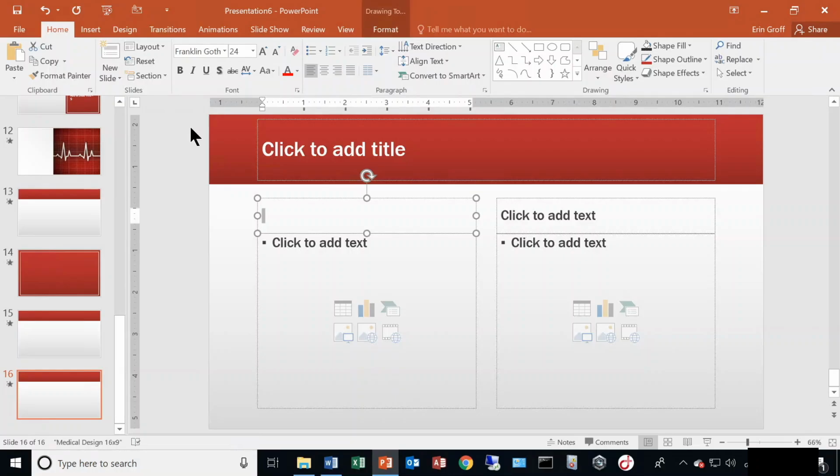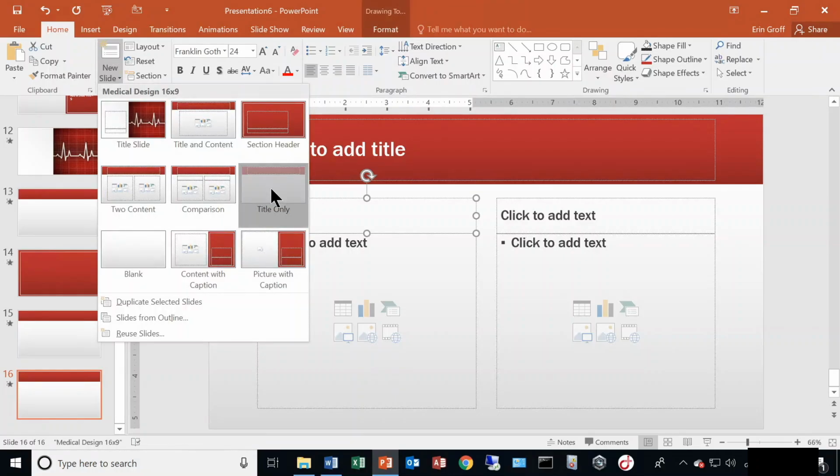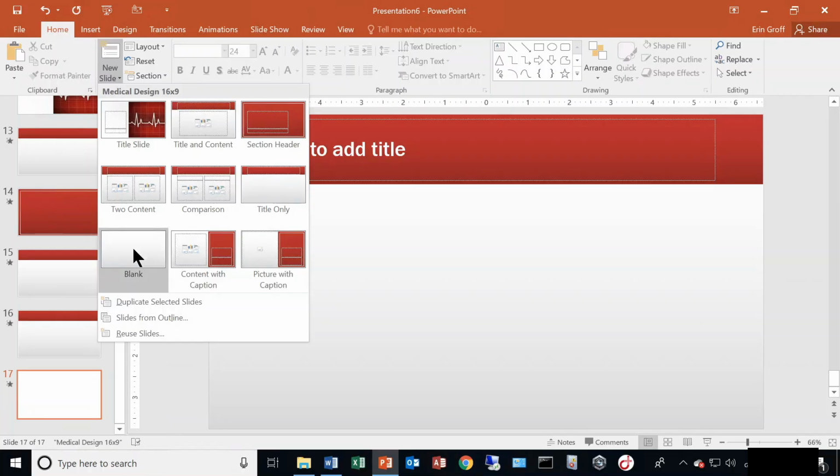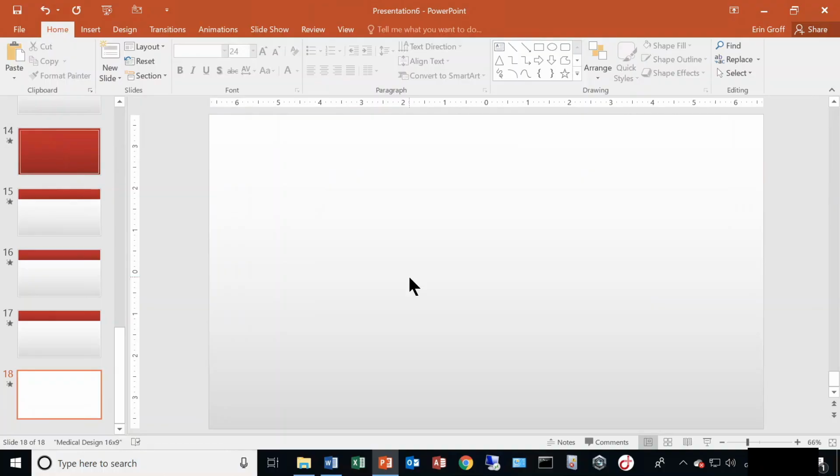Then your next layout, you have title only, which only has a text placeholder for your title. Then you have a blank layout, so you can individually go and input whatever you want onto this slide, starting from scratch. And then lastly, we have,